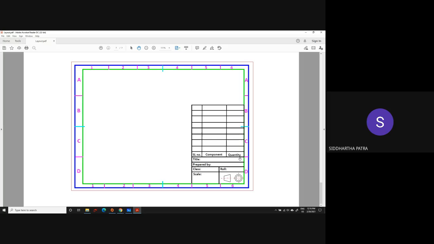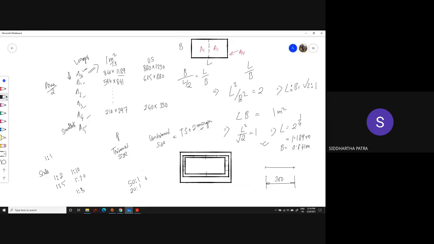So it just begins, okay, from the title block itself. Now the size of the title block is also given by the BIS standard. Okay. And that size is 185 millimeter by 65 millimeter. Okay. So this is the length and this is the breadth for any paper size. Okay. Whether you use A2 or A3 or A1, you use the same size of the title block. Okay. So please keep this in mind.